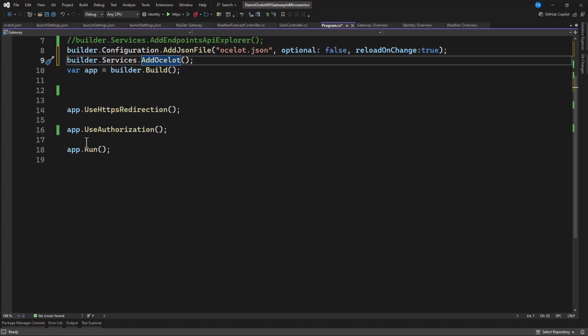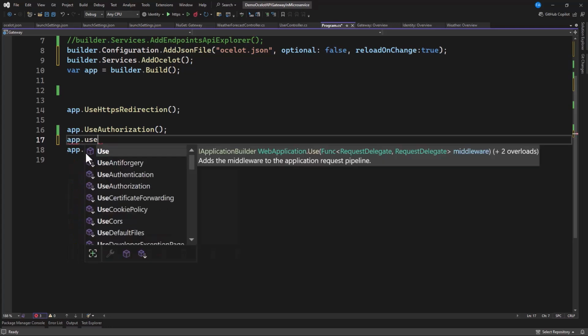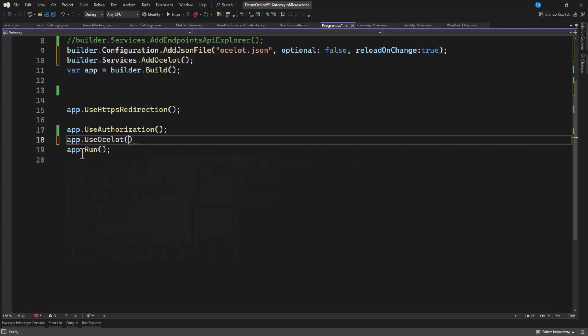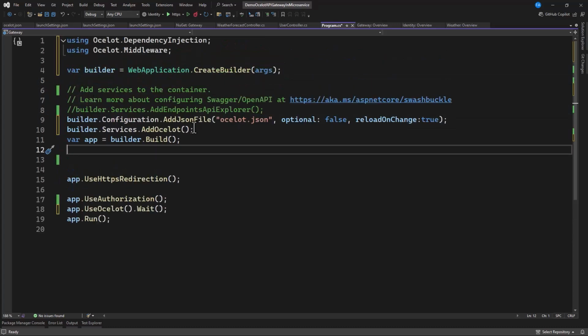So app.UseOcelot with await. Aside from that, maybe let's add CORS here, because since we're going to have requests coming in and going out, let's add CORS.